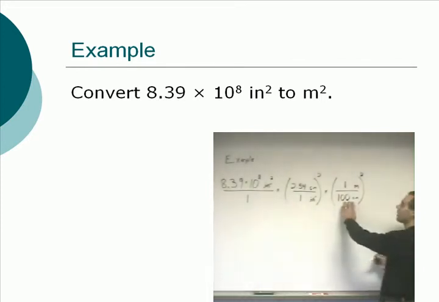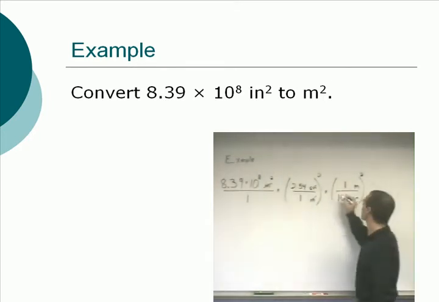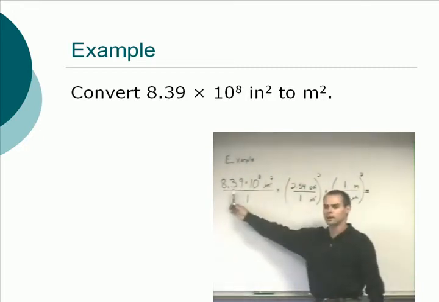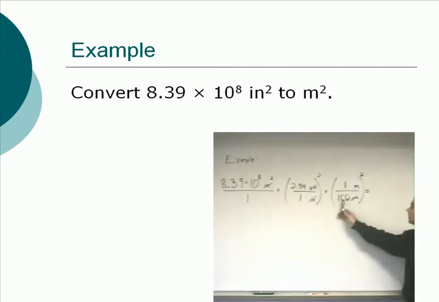Centa, just like cents in a dollar, there's 100 cents in a dollar, there's 100 centimeters in a meter. So now that cancels off the centimeters, and we can go ahead and multiply across. Now, going to need to use the exponent key on your calculator to work this out. 8.39 times 10 to the 8th times 2.54 squared. And how many sig digs here? 3 here. It's exact, so we don't care. This one is exact, so we can keep 3 on here. When you multiply that out in your calculator, you should get